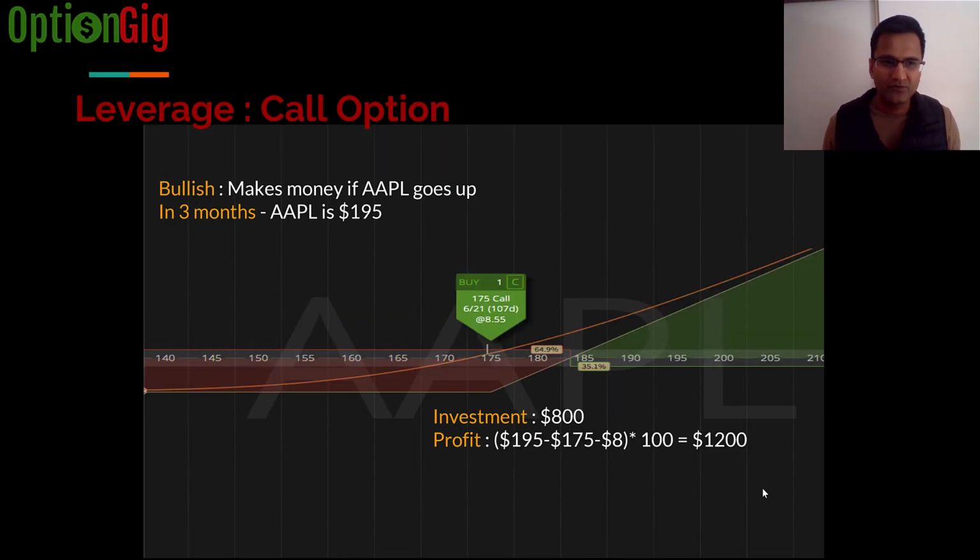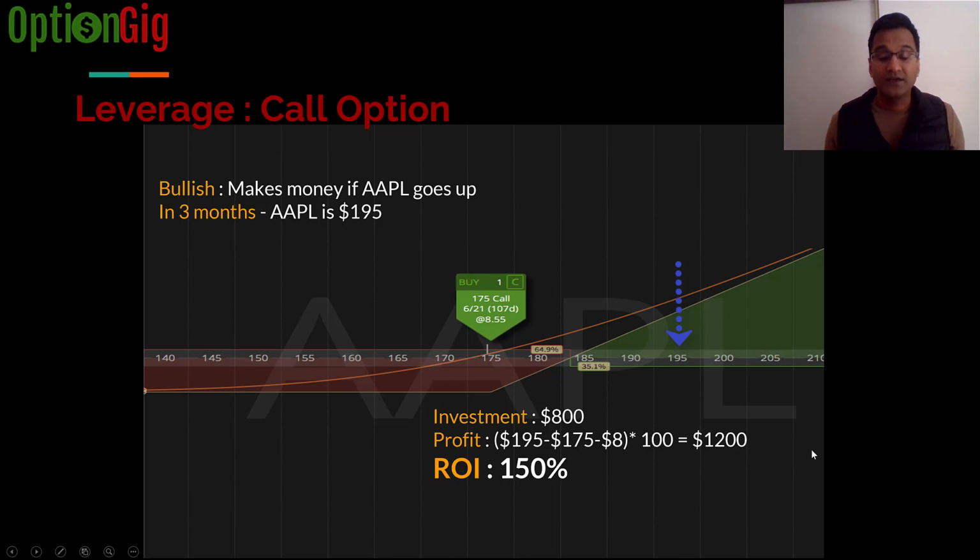Okay, the second example where we look for leverage in option trading is the call option. The previous one was for a put option. This one is for a call option. Again, in this case, you make money if Apple goes up. Same scenario: in 3 months, Apple is at $195. In this case, your initial investment was close to $800, and your profit is $1,200, which is an ROI of close to